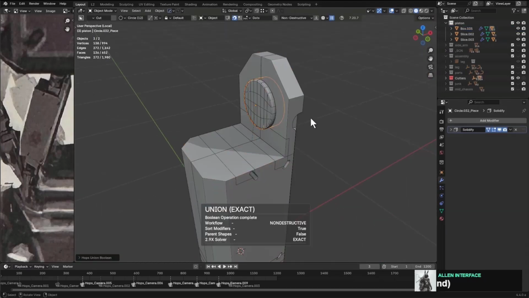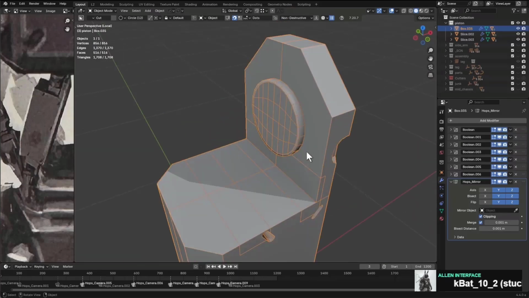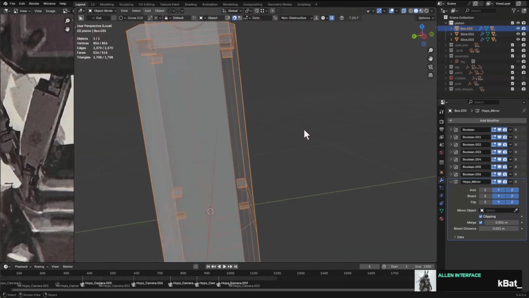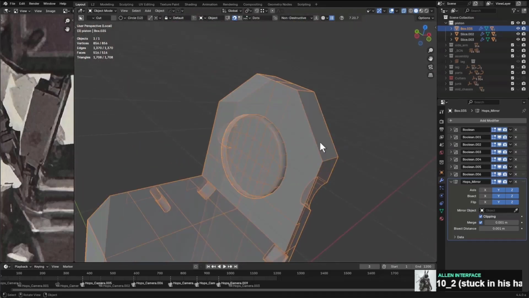So I, for some reason, wanted this to have the same amount of points, which in retrospect is dumb. It was dumb to want that. Like, I don't know why I did that, but